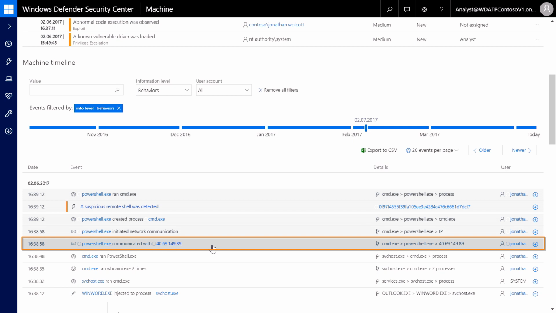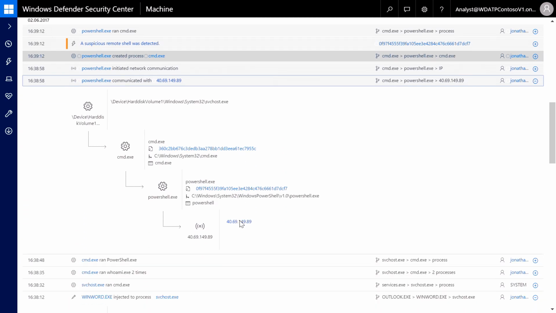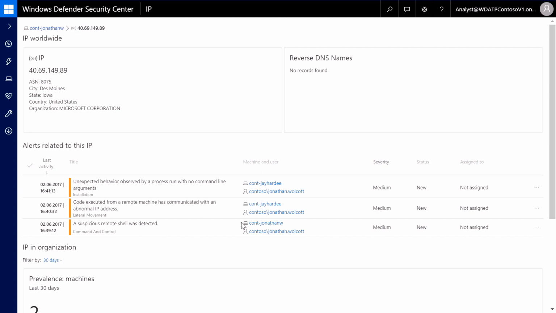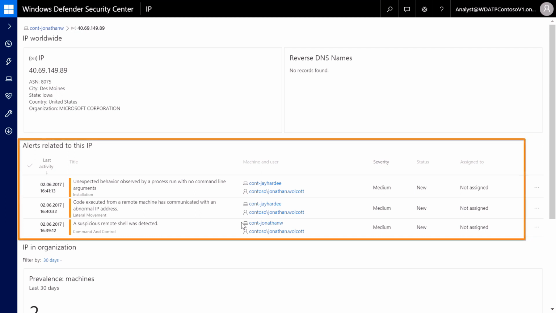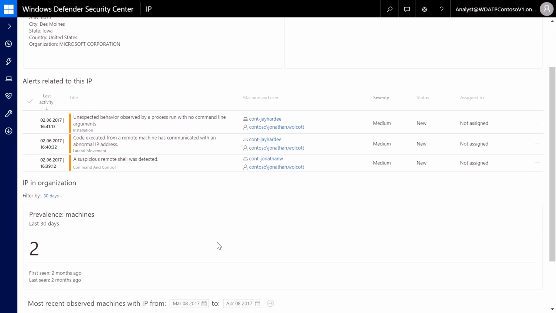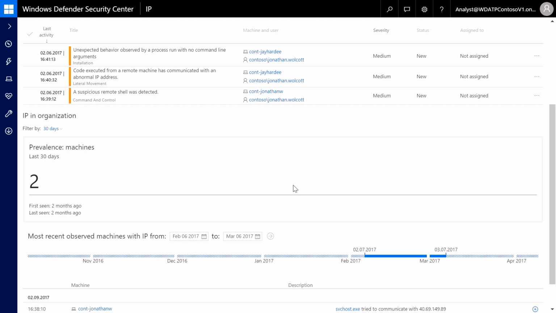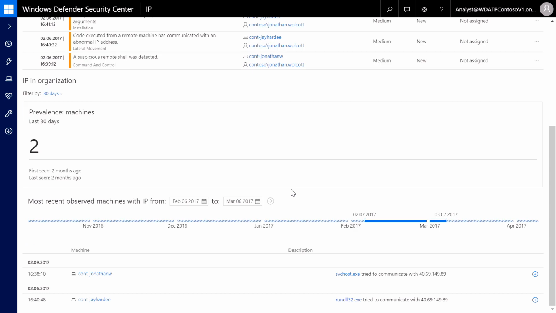And if I click on this event, I can see that PowerShell communicated with an external IP address. Unknown to me, this IP address, I want to learn more about it. So I click on it and let's see what we know about it. All the different events that we saw on various machines that are onboarded to the service are all displayed on the same page. And then if I go back in time and we remember the attack happened in February the 6th, I can see that 2 machines actually communicated with this IP